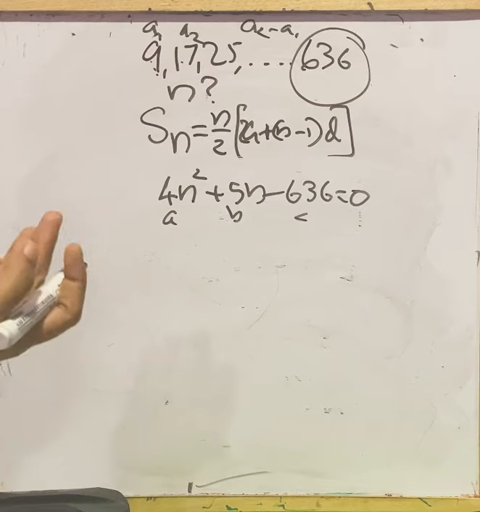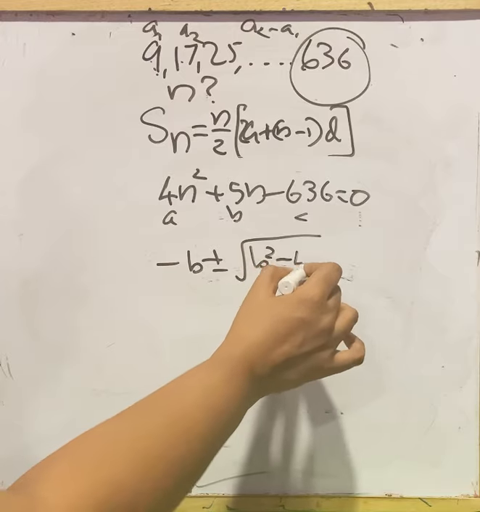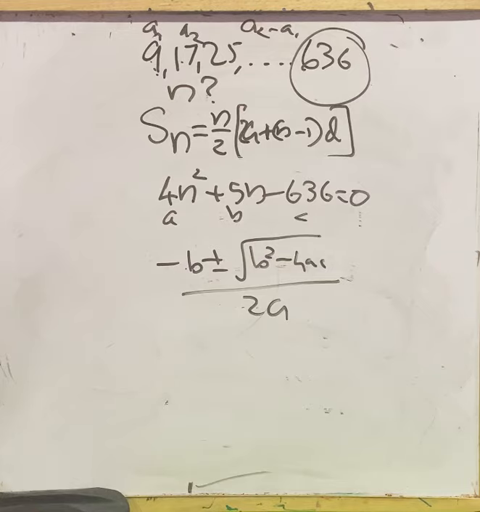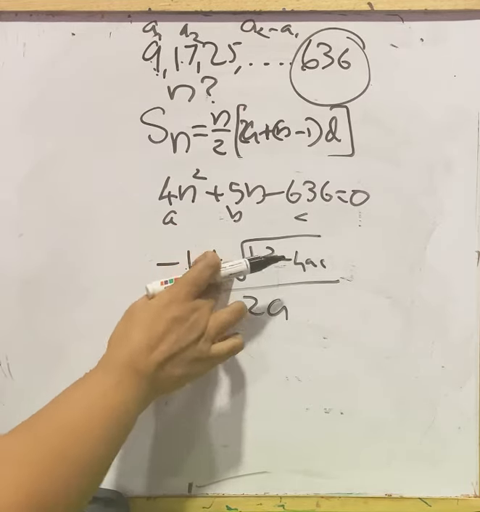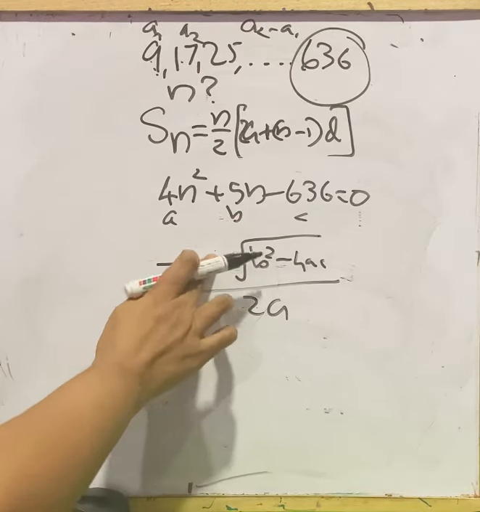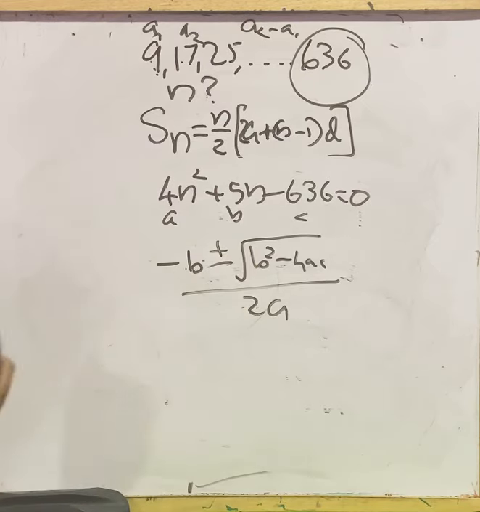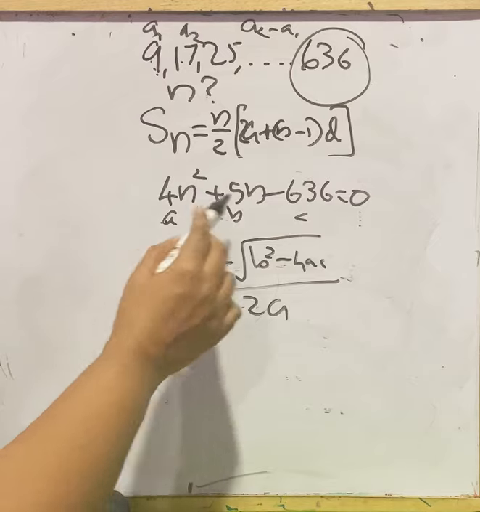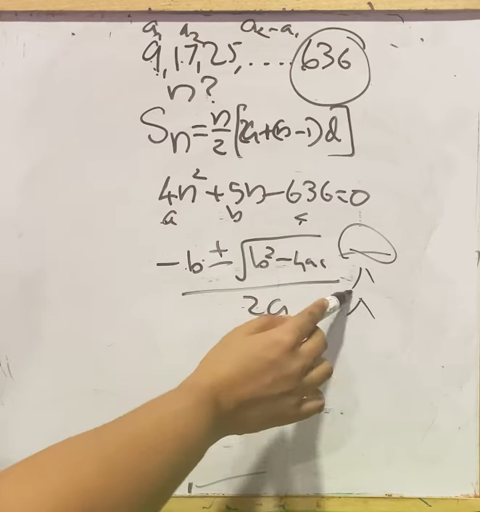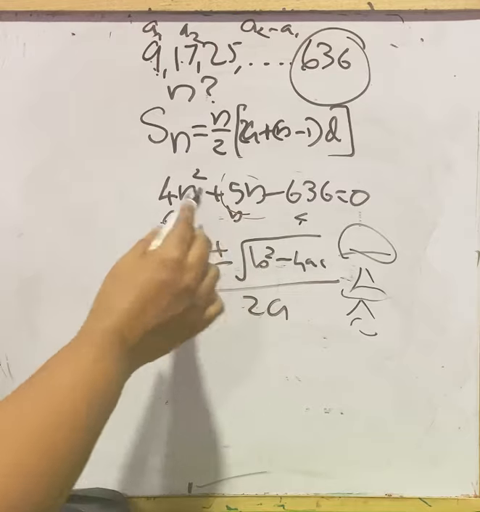You can either use the quadratic formula, that is minus b plus or minus square root of b square minus 4ac, whole divided by 2a. That is, substitute values for b, a and c. Then you will get two cases. One is minus b plus square root of b square minus 4ac by 2a. The other one is minus. So you will get two values for n. Or you can do the middle term splitting method, that is you will first do a into c, you will get an answer, write the factors of that answer, and among those factors you have to choose only one pair which matches with 5n, that is the middle term.